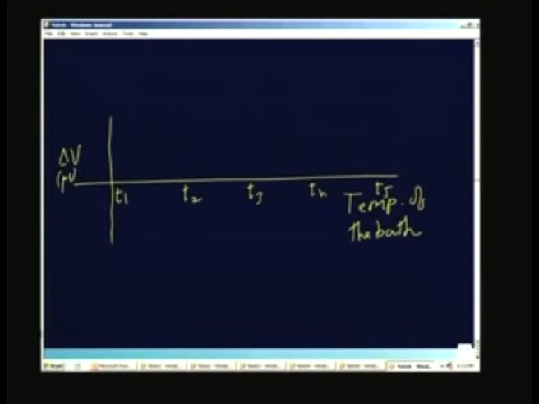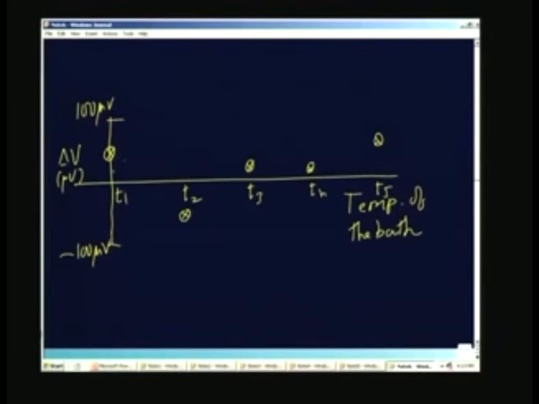maybe in microvolts, because the two are made of the same thermocouple material. I am expecting very small departure, I am not expecting very large departure. Therefore, maybe you may have 100 microvolts here and maybe minus 100 microvolts here. The difference is only very small. Of course, in terms of a K type thermocouple, this will be something like 2.5 degrees. If you remember that 40 microvolts is per degree. So, at T1 the two may not agree, I may get a point like this. At T2 the error is like this, here the error may be like this, and so on and so forth.